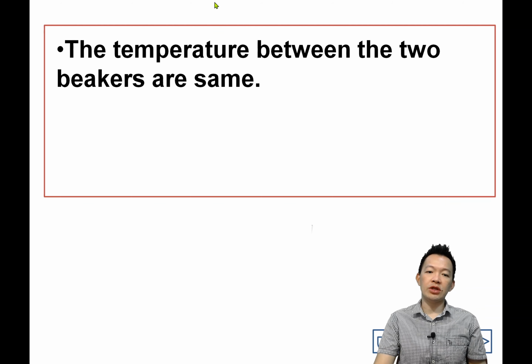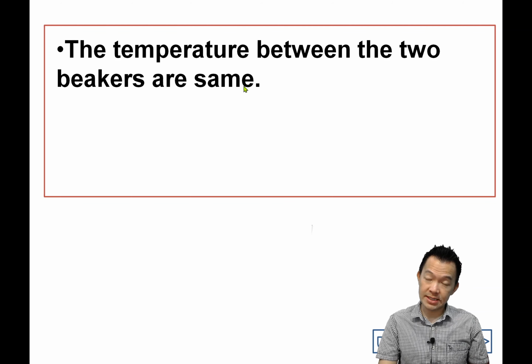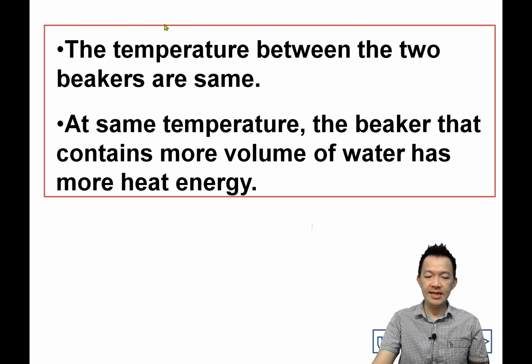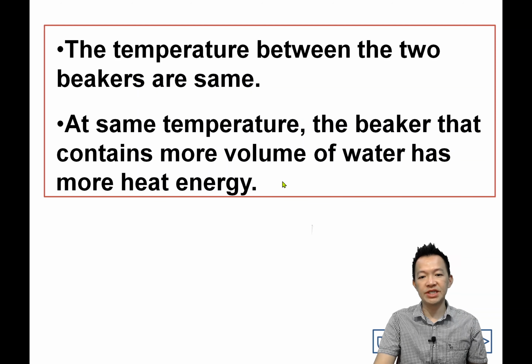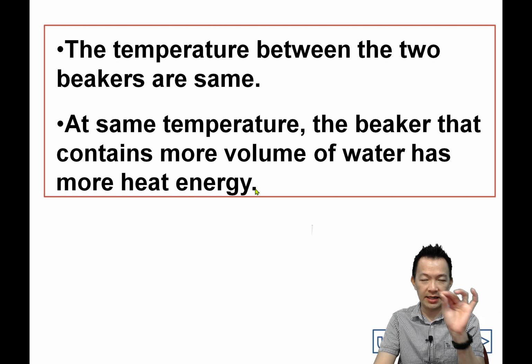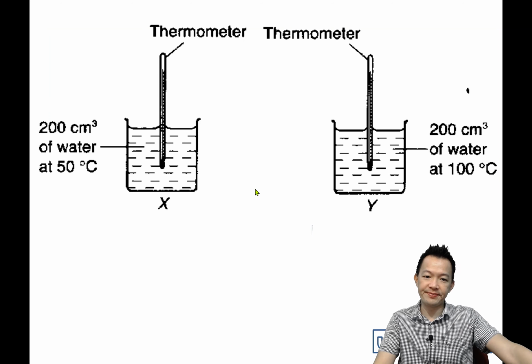So the temperature between the two beakers are the same, 80度、80度,对吧。At the same temperature, the beaker that contains more volume of water has more heat energy. 在同样的温度之下,比较大杯的那一杯热能比较多。Okay, so this is what happened. 明白吗？等一下我们煮蛋的故事,你的答案就很容易找到了。